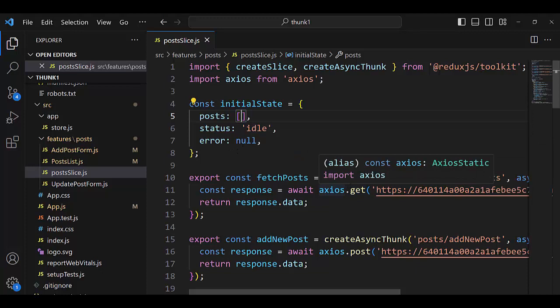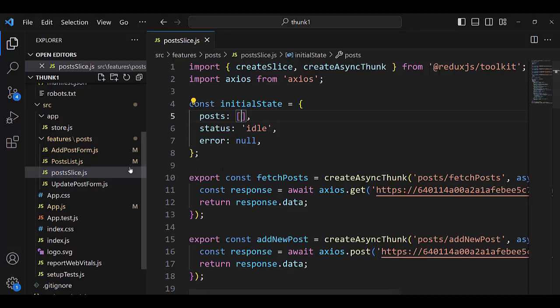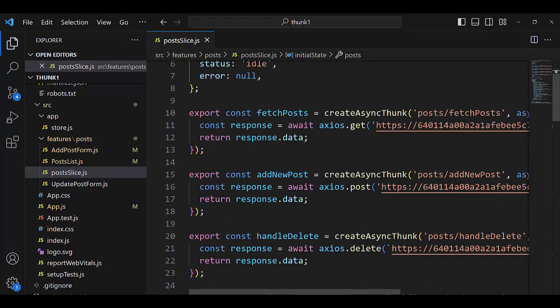In some later video we will see that we use status loading to show an animation of waiting in our view, in our component, and we will see it on the screen. It will be an if structure. If status equals loading, we show the waiting animation. It is pending,